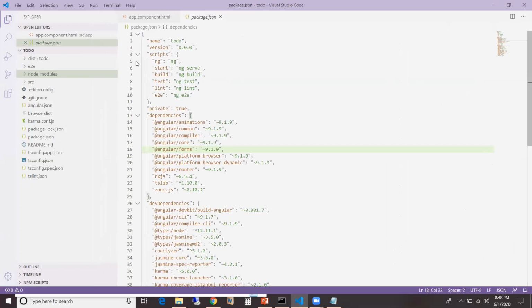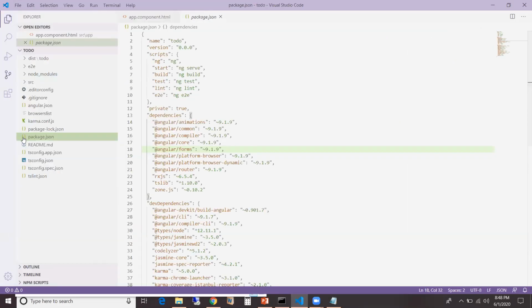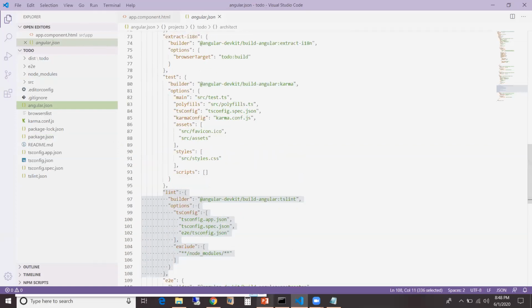I have already done this, so that is why I'm able to see all of these folders from here. So if I look at the Visual Studio Code editor, it's really easy to work with. It's not as complicated as Eclipse. So this is a toggle button, and this is the Explorer window. And if I want to look at any file, just click on it, and then I will be able to see that file.